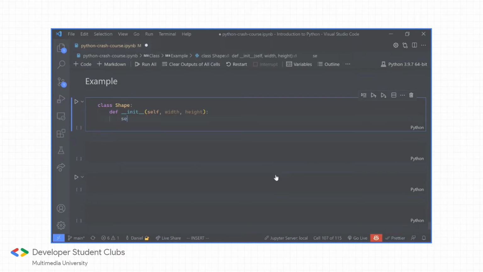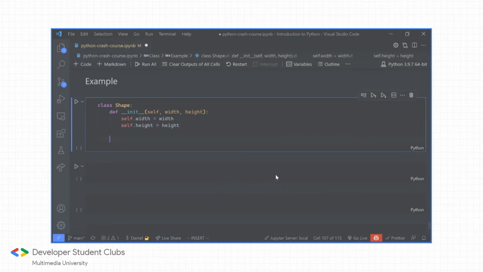So we can assign those width and height to self.width and self.height respectively. Self.height equals height, right? And then we are going to have